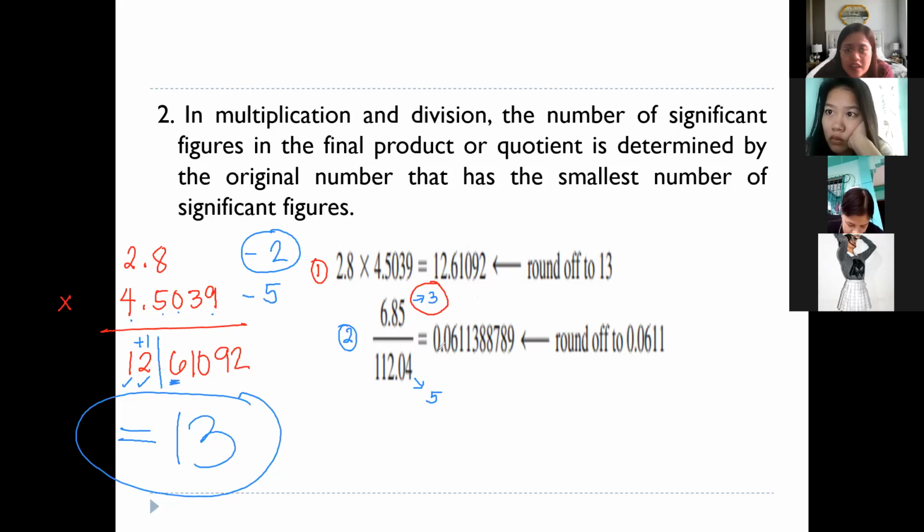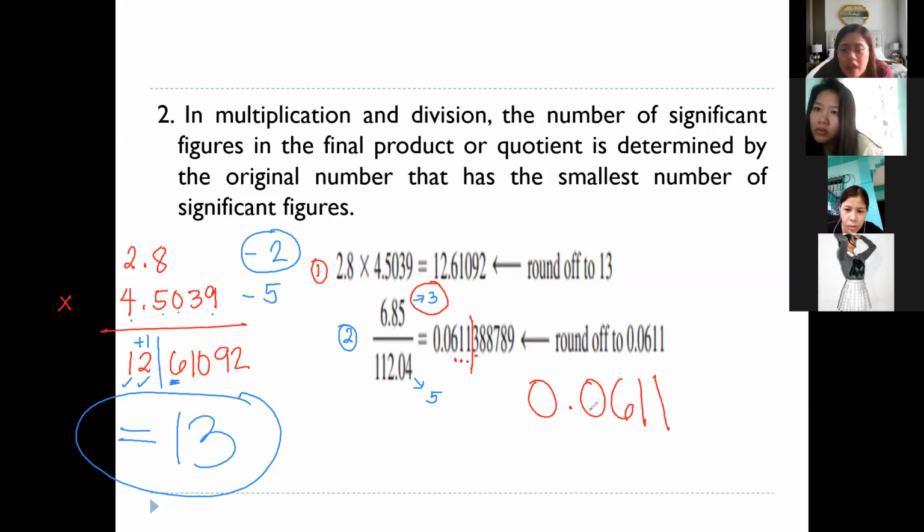So let us count. Diba ang leading zeros, they are not counted as significant figures. So dito mag-count start sa 6. Tapos that's the number 1, 2, and 3. So tama lang ta sa 611 class. Dito taman kay 3 significant figures man siya. Now, what's the next digit? It's 3. So are we going to add 1? Dili. No, ma'am. Okay, very good. Hindi tayo mag-add ng 1, meaning the final answer here is